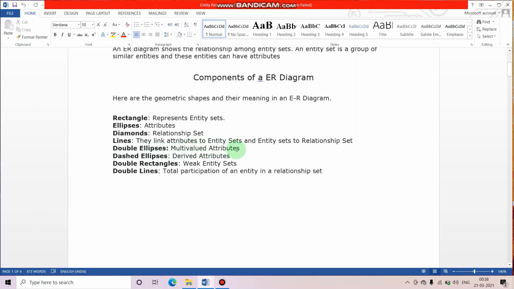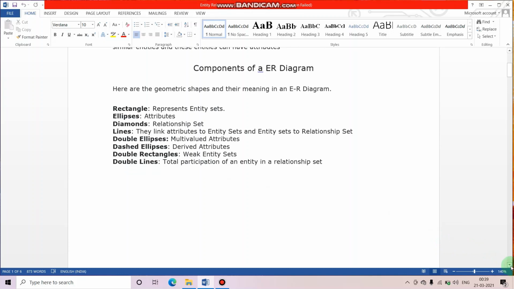You will come to know all these things later on. Let's first read all these things. Dashed ellipse, these are derived attributes. Now we can say we have parent and child table. So the parent table attribute is derived to the child, so we can say that is a derived attribute, and it is specified by using dashed ellipse. Okay, then comes the double rectangle, which specifies the weak entity.